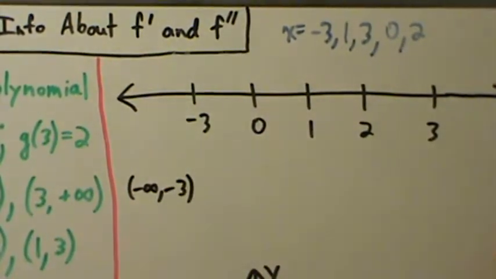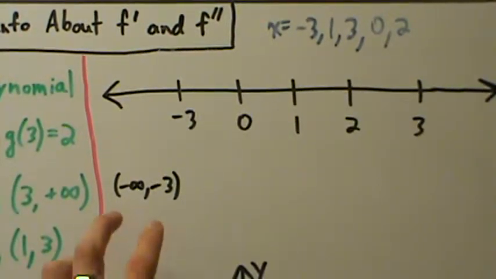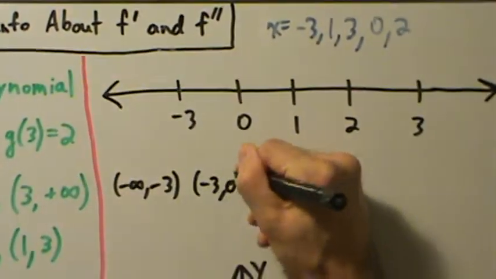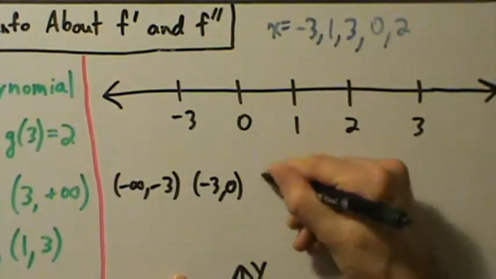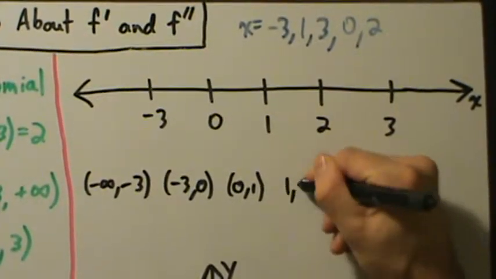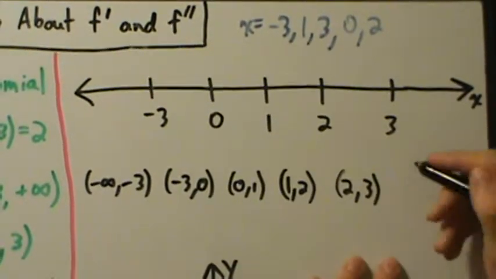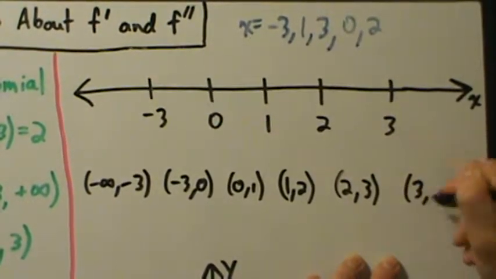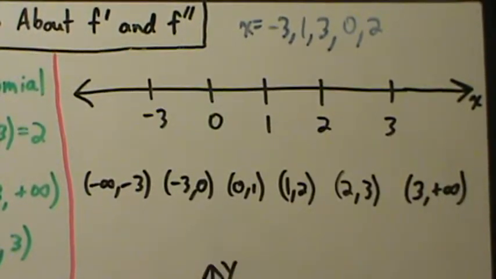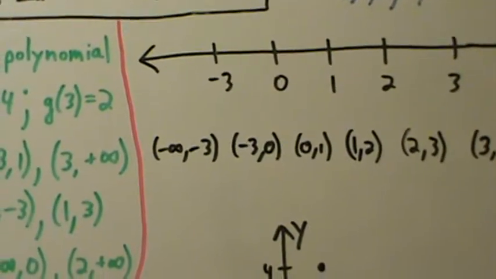Now, do we really have to do this step? No, we don't really have to, but it might help us just a little bit to be able to quickly look and see, okay, that's what these intervals are. This is -3 to 0. This interval is 0 to 1. This interval is 1 to 2. This interval is 2 to 3. And this interval is 3 to positive infinity. And again, if writing these intervals out doesn't really help you, then please by all means just skip that, don't worry about it. But now for step 3, what we want to do is go back over here and say,